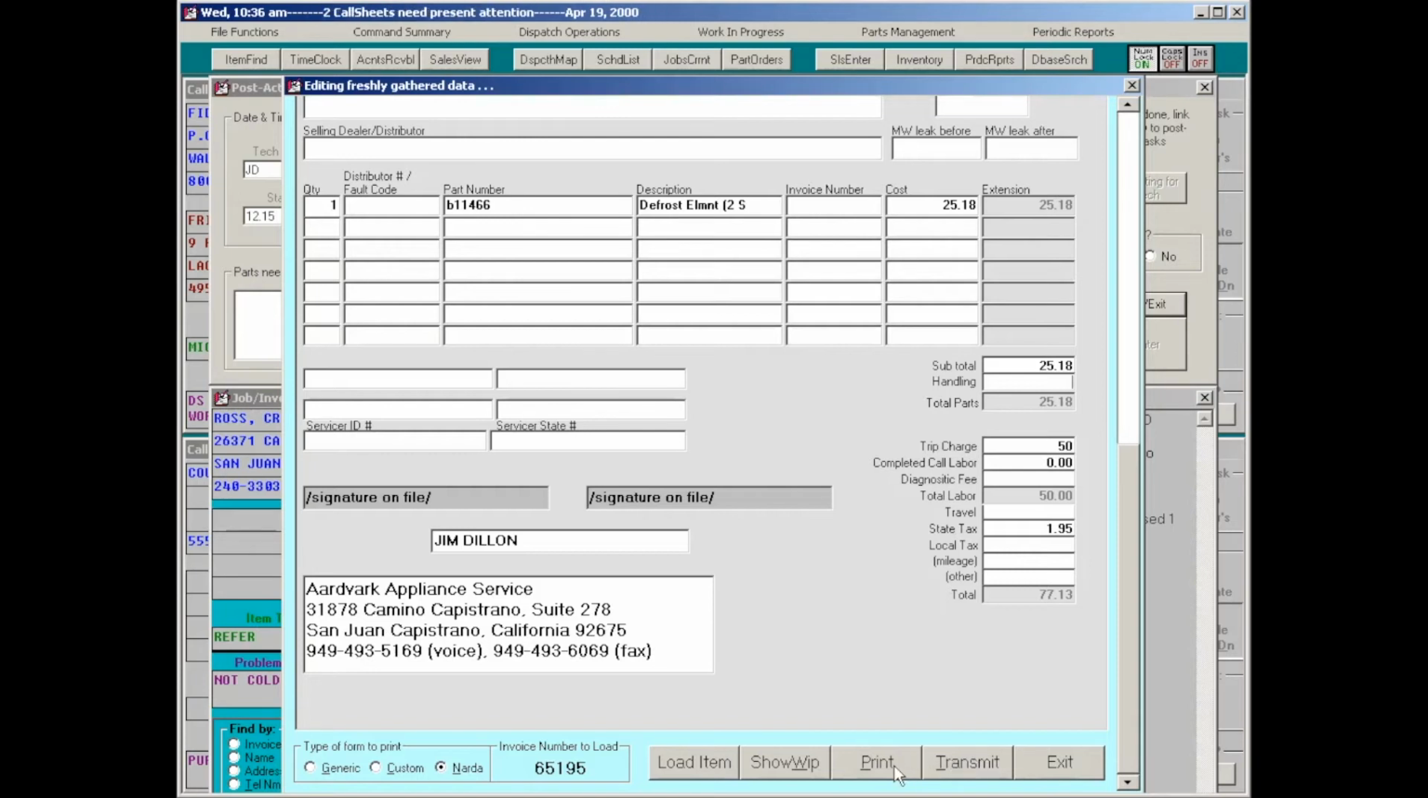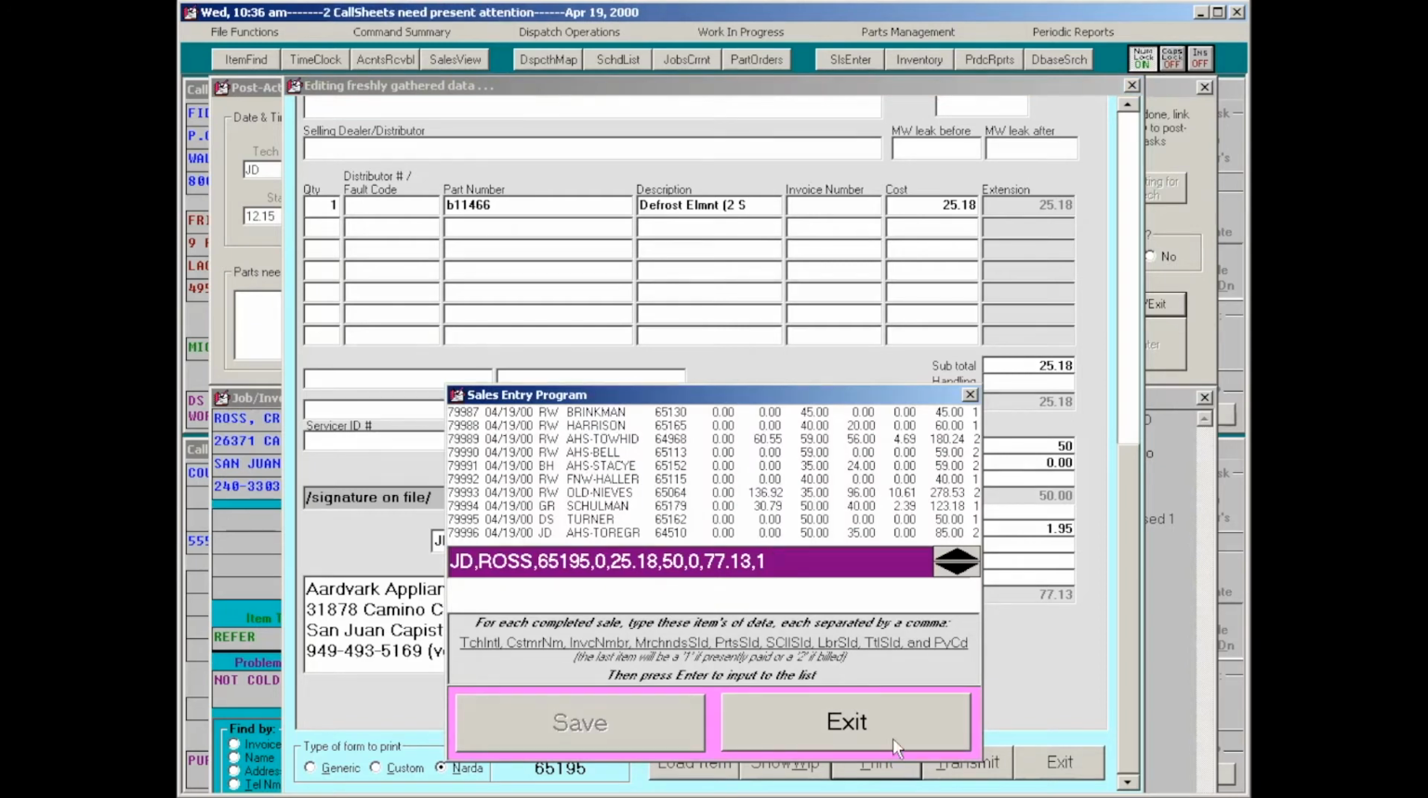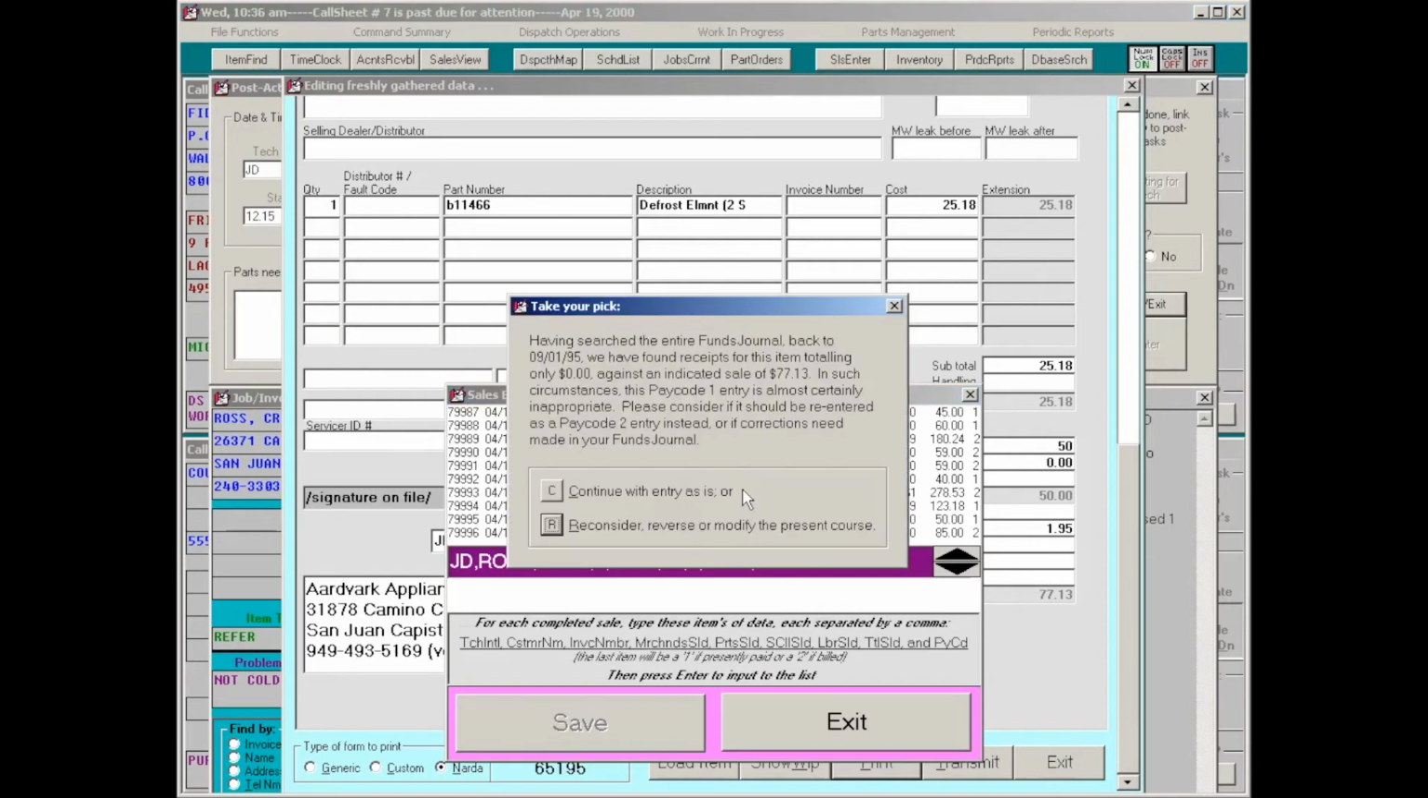Let's go ahead and say we're printing it, and now it brings up the sales enter form, and you can see that in the previous context I showed you, where somebody in the office is sitting down at the stack of invoices to report, she has to type all this information in. Here it's filled it in for me because it's already got the information, so it doesn't need to ask me for it. I can just hit enter and